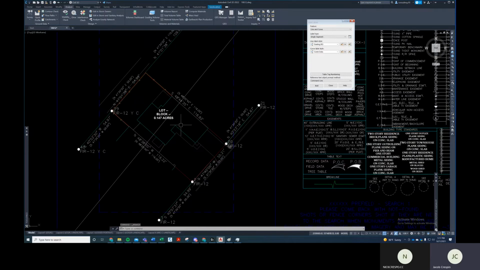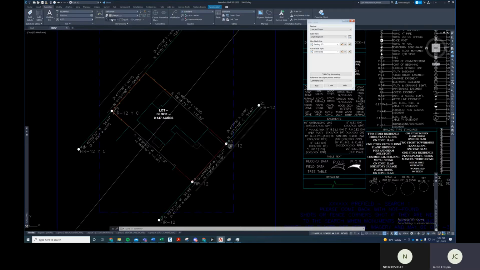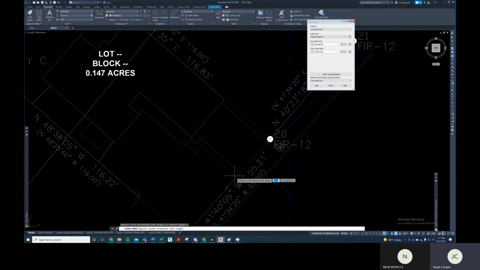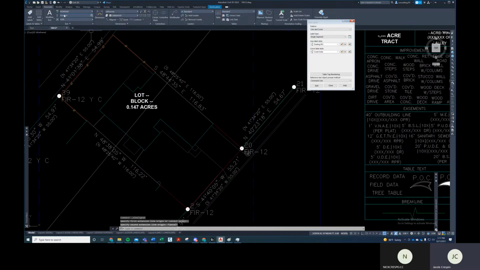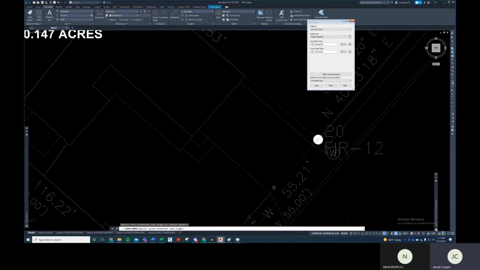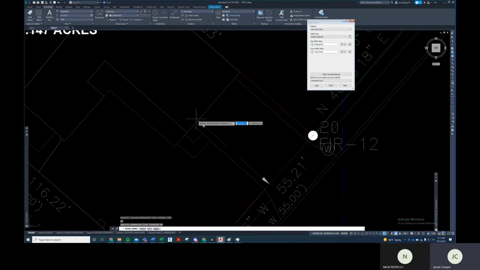Now that I have my acreage, give me 1 second. Okay, I ran the closure report. Now I'm going to annotate my building dimensions and my fence lines. So I'm going to go to the Annotate tab, go to the Aligned command, and annotate the front of my house